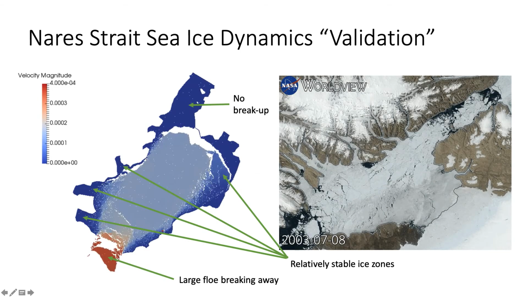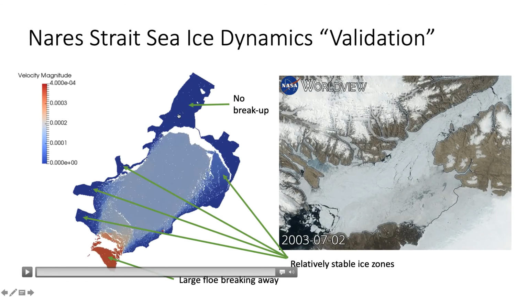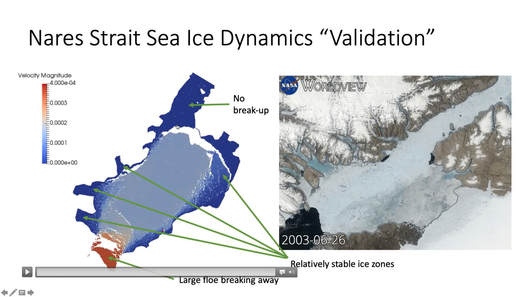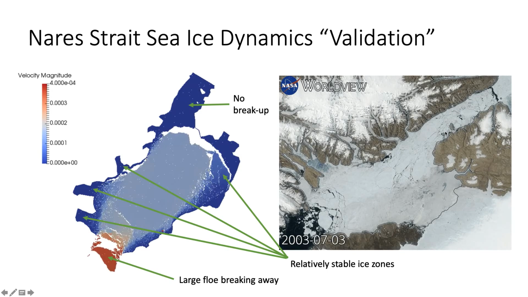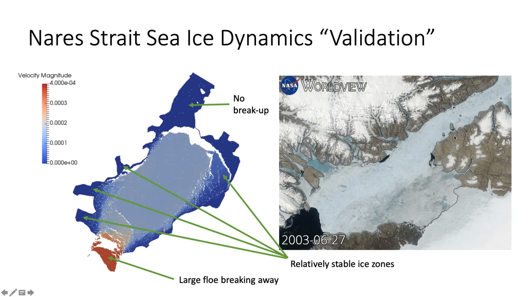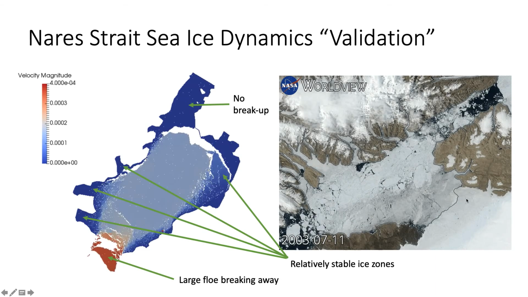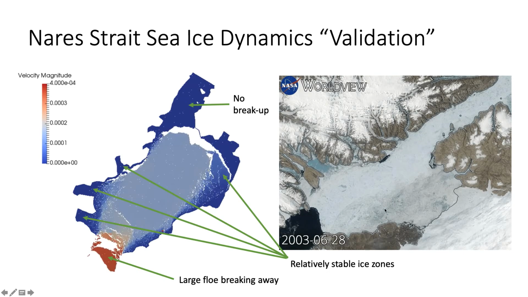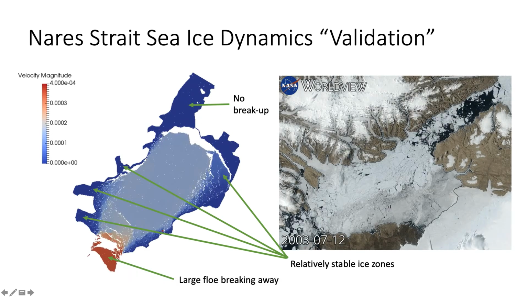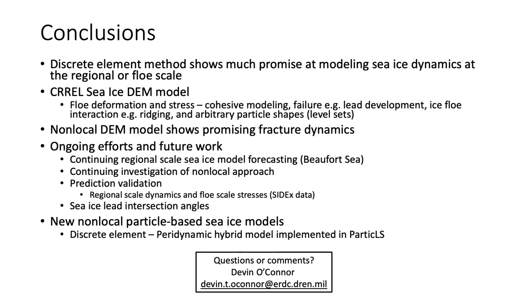One thing that's worth noting is that there is some breakup here in this channel, and we don't see that behavior here. And so it's worth doing some further investigation to understand why we have a stable arch here, and that isn't actually seen in the video. There's a lot of variability year in and year out, and the action that we see in this video on the right-hand side isn't necessarily the characteristic dynamics in the strait itself, but nonetheless, I think this is worth looking into as well. Okay. All right, so in conclusion,